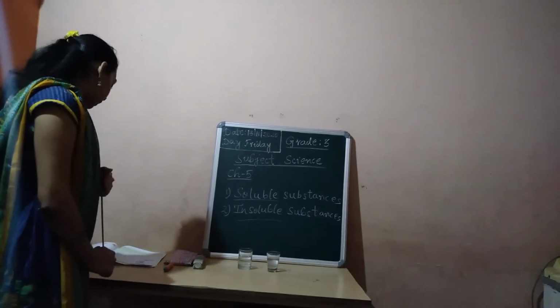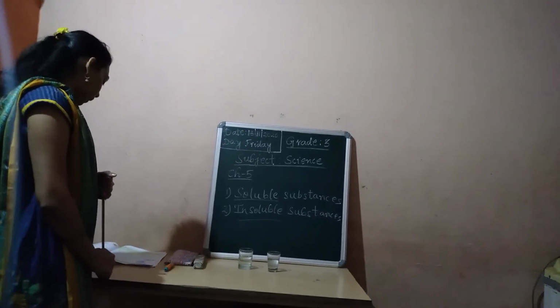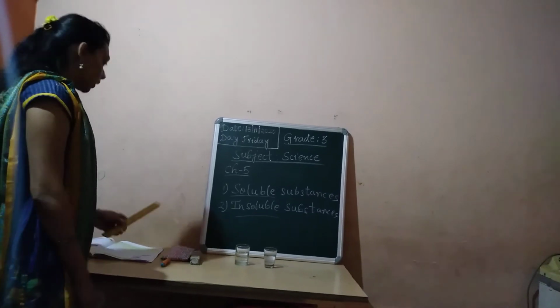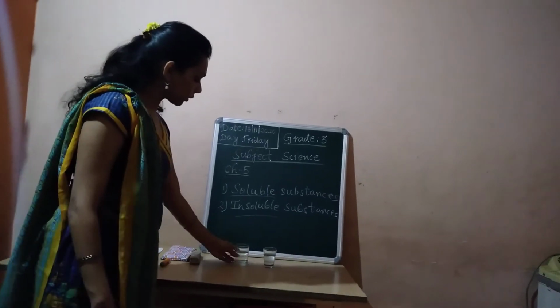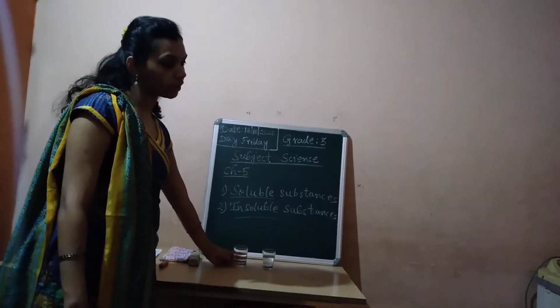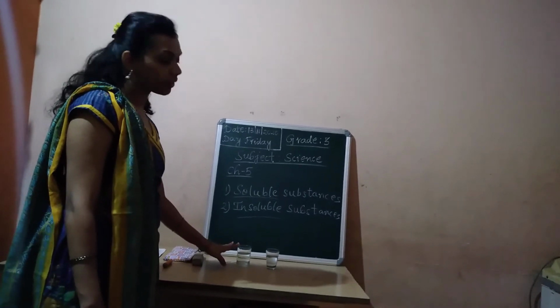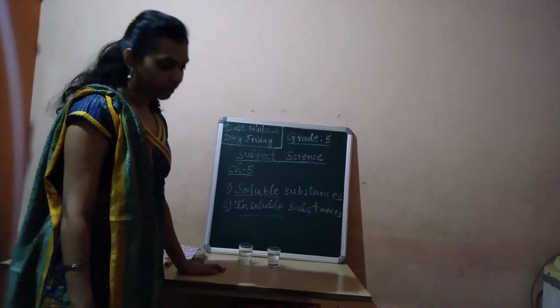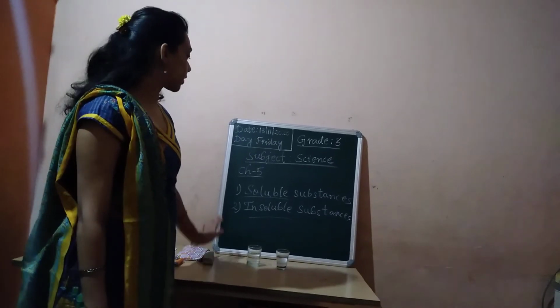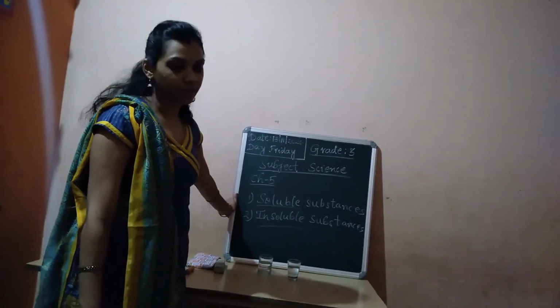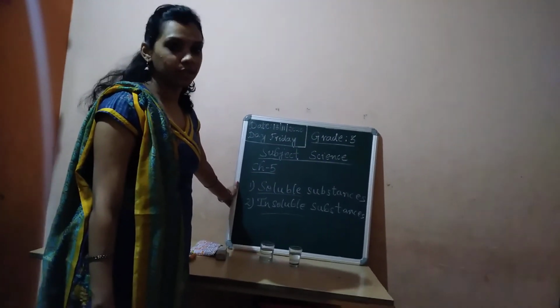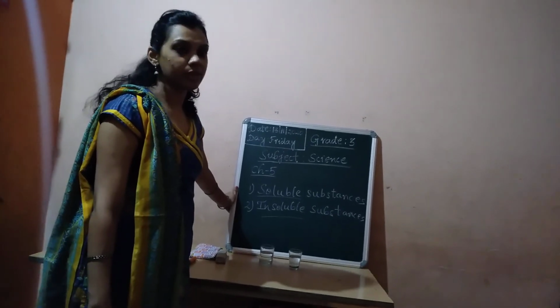And the ability of a substance to dissolve in a liquid we call solubility. Okay, the substance which we add, now sugar has the ability to get dissolved in water, that we call solubility. Okay, with this I have just taken the introduction of chapter 5. The remaining topics in detail we will see in the upcoming sessions.